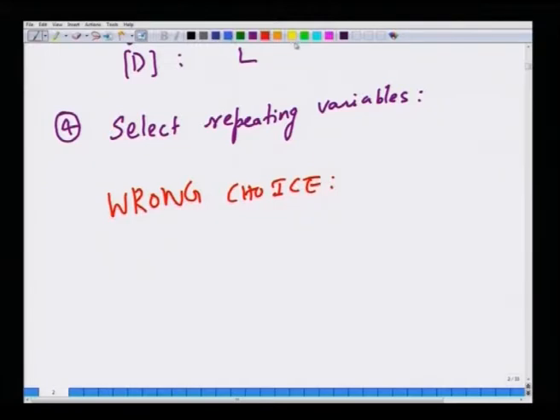So let us say we are going to choose the 3 repeating variables as f, mu, rho. If f, mu and rho are chosen as repeating variables,